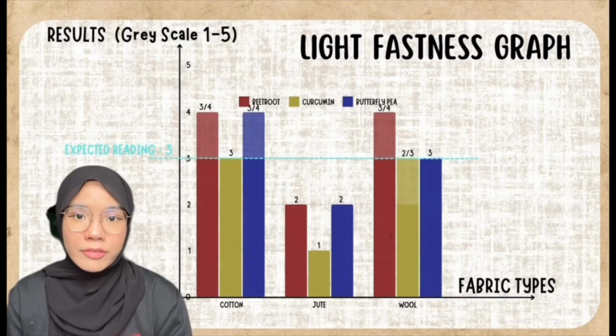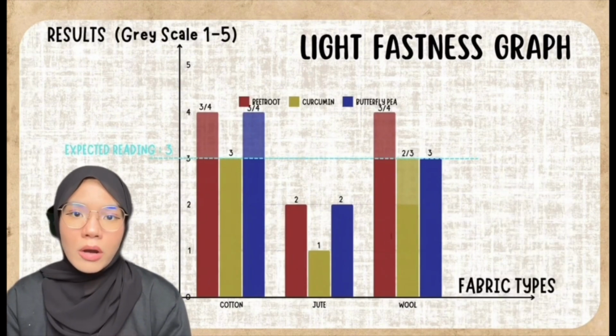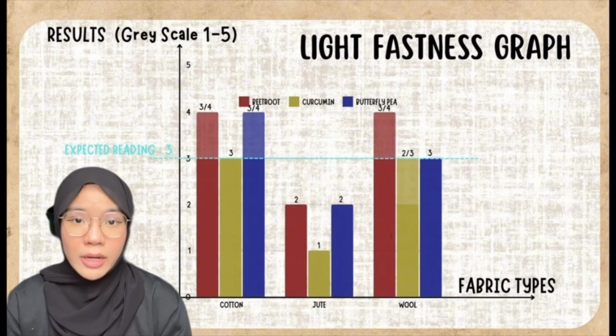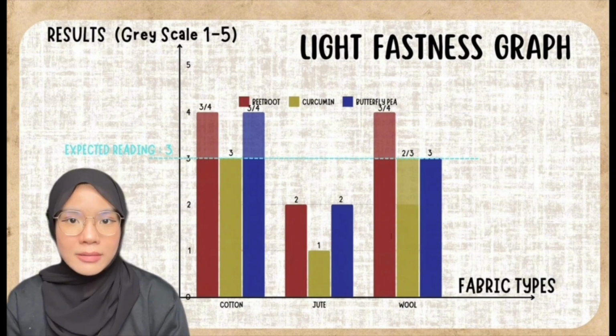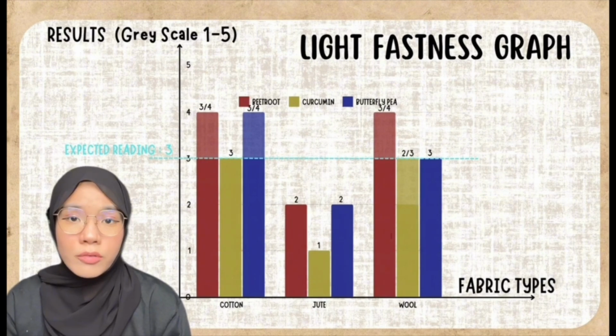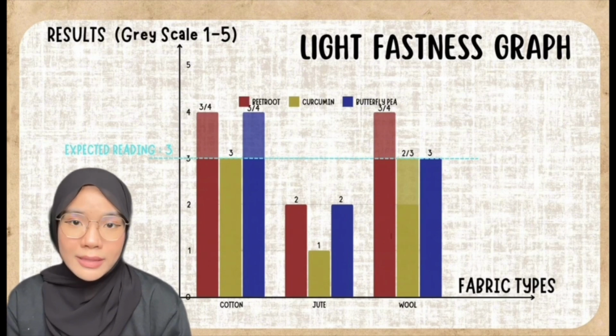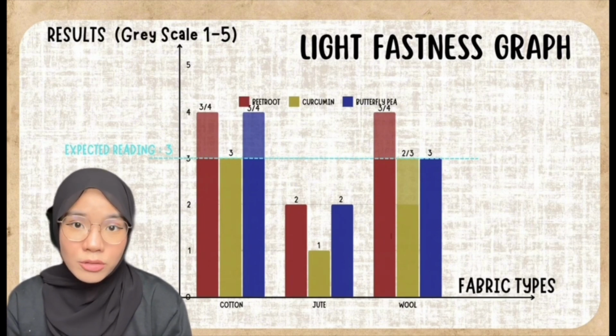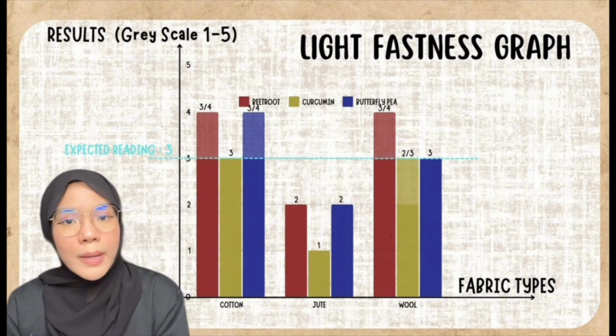The light fastness graph reveals that pigment performance differs across fabric types. On cotton, all pigments meet the expected score of 3 or above, with beetroot and butterfly pea performing best. On jute, curcumin ink performs poorly with a score of 1, while beetroot and butterfly pea score slightly better at 2. For wool, all pigments fall below the expected standard, with beetroot and butterfly pea achieving slightly better scores than curcumin. This result suggests that curcumin ink struggles with light fastness, particularly on jute, and may benefit from treatments or